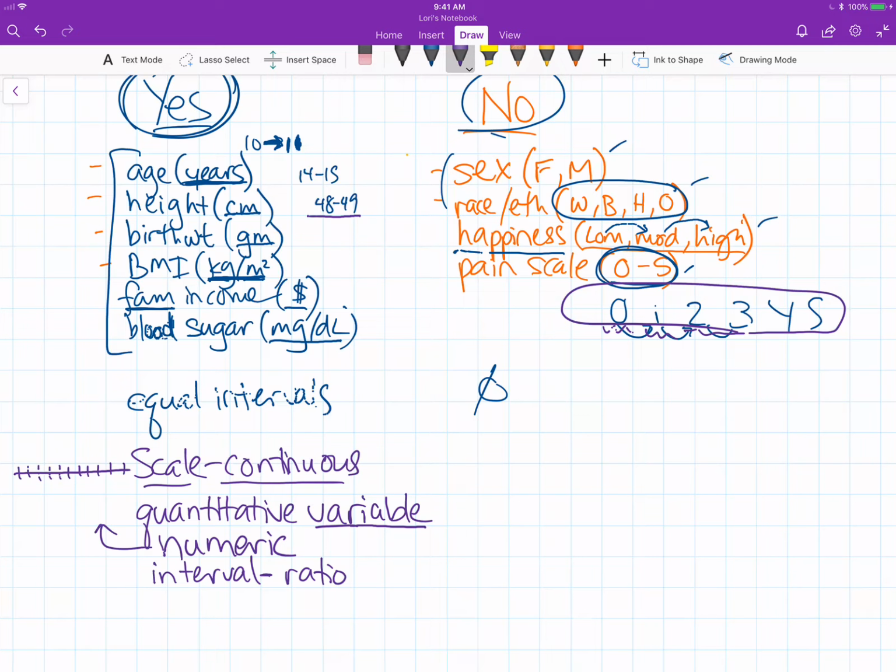If you're curious, the difference is that ratio has an inherent 0 or a 0 point, a null point, and interval doesn't. The best example of interval is temperature, like temperature in centigrade, whereas 0 does not mean absence of heat. So if you see the words interval or ratio, just know that all of these things really are trying to get at the same concept where we have equal intervals between the adjacent values. Over here on the right side, that's just not true. And so we are going to be looking at